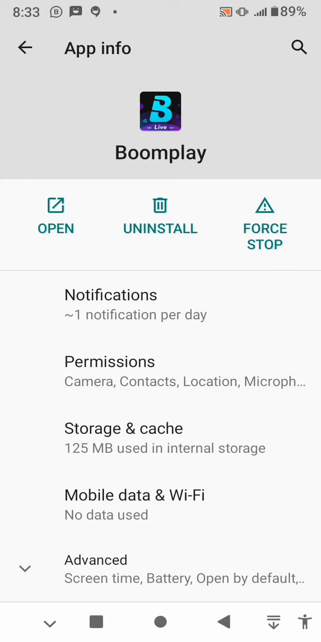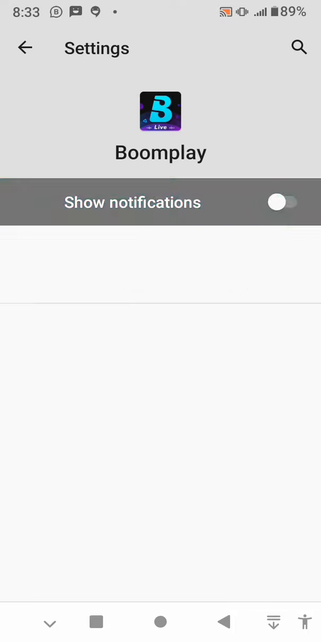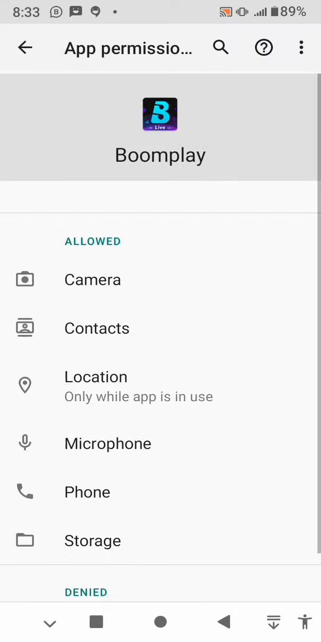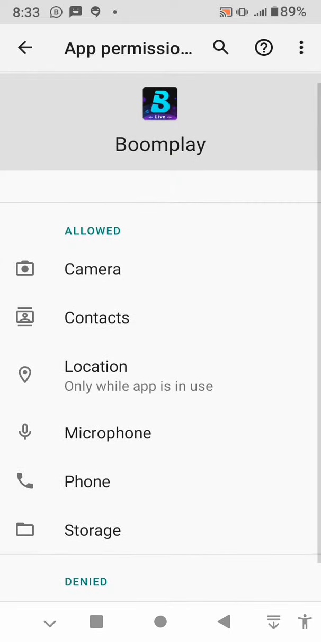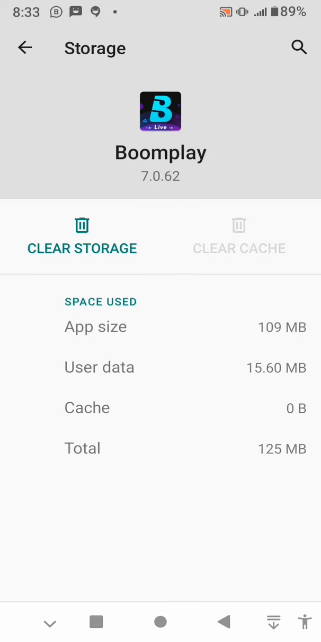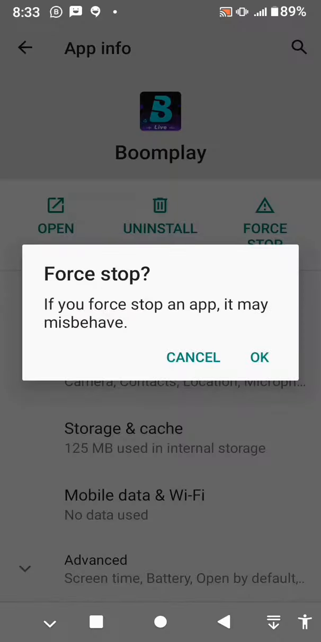Now go back, tap on notifications and make sure the show notification is toggled on. Now go back, tap on permissions and make sure you allow every permission over here in this section. Now tap on storage and cache, tap on clear cache, go back, tap on force stop, then you tap